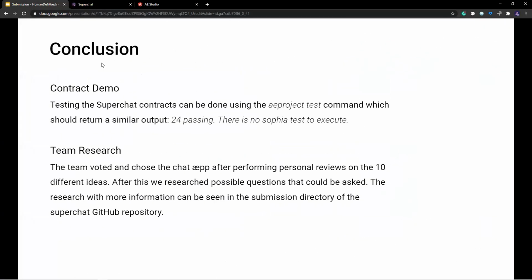So for conclusion, the contract demo, which is to test our Superchat contract, can be done using the AE project test command, which I just ran now. And the similar output we should get if everything works well is 24 passing, and there is no Sophia test to execute again. While the team voted and chose to build a chat app after performing personal reviews on 10 different ideas, and after research, we found out possible questions that could be asked